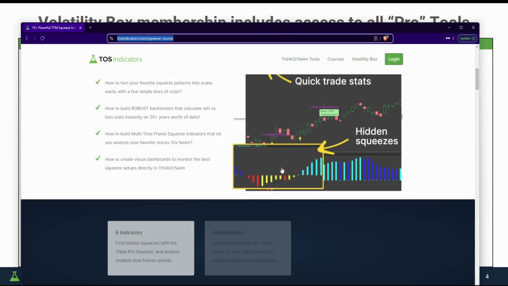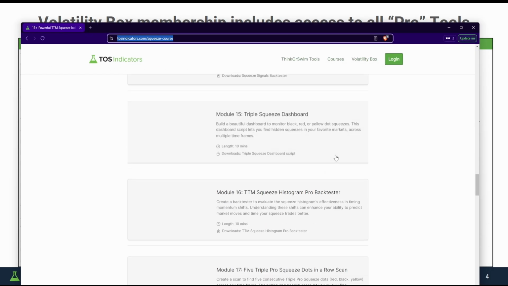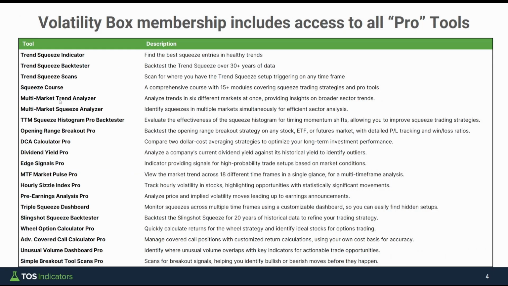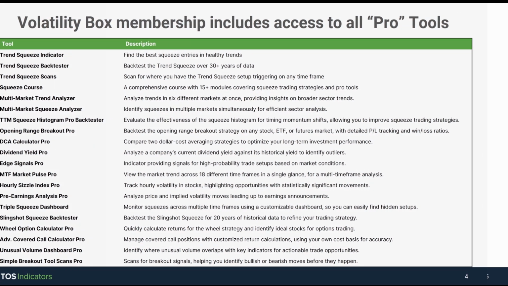I just gave you a preview of that. You can check it out further, but it includes all of the modules. There's now 19 modules available. Includes other indicators as well that we've built, including the wheel options calculator, along with other backtesters that I think are just really useful in learning how to make the most of thinkorswim, along with actually adding something useful to